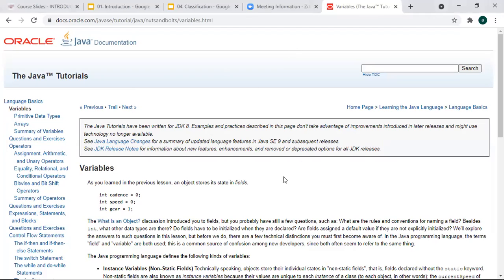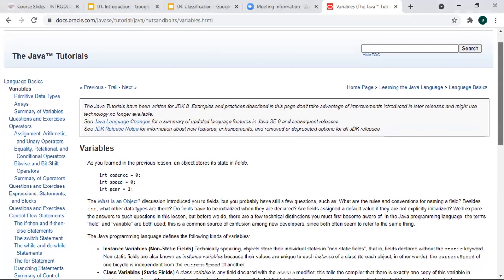So you can see my screen, right? So here, this is a variable. In Java programs, if you have studied C language, you might be aware of variables. What actually is a variable? It's just like a container which is holding a value. You can see here int cadence = 0, speed, gear, and these are numeric values, right?